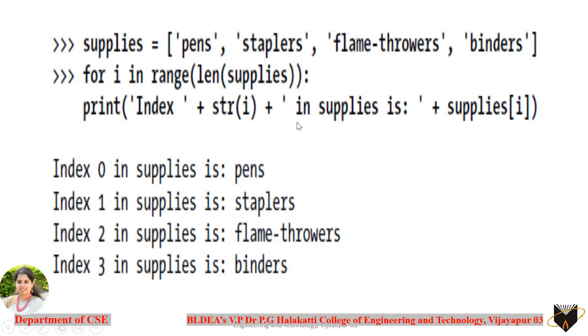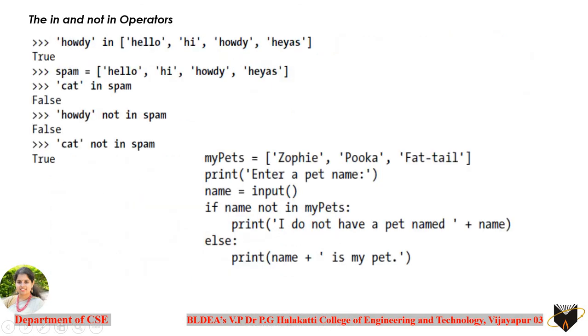So the same example has been given here with a different variable name. Now coming to the next two operators that you can use on the list: the in and the not in operators. Both these operators are going to give you a result of either true or false. The in operator has two operands. The first operand is the content that you want to check, and the second operand is either the list variable or the list itself.